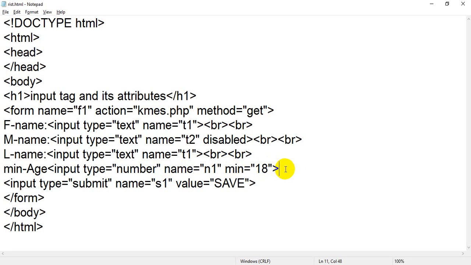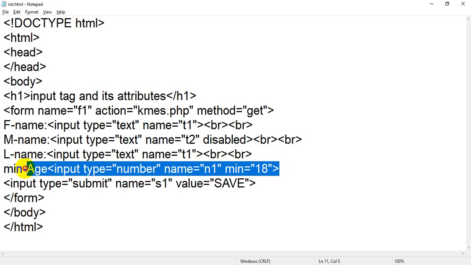See, I have just added. Student, please pay attention on this line. Input type equal to number, because min and max attributes, or restriction attributes, are only compatible with input type equal to number or input type equal to month, date, time.